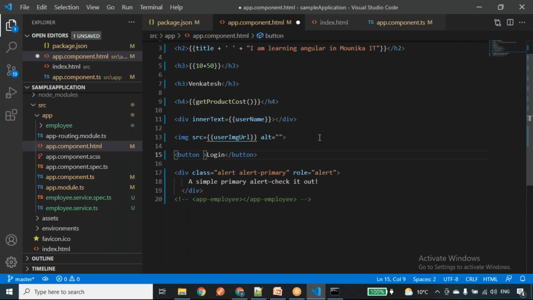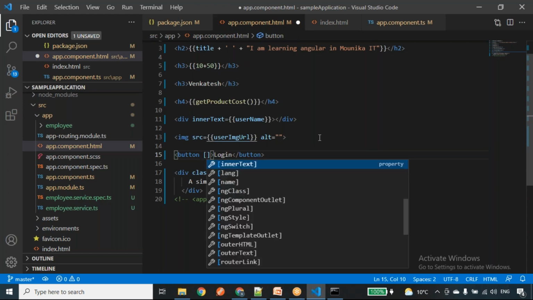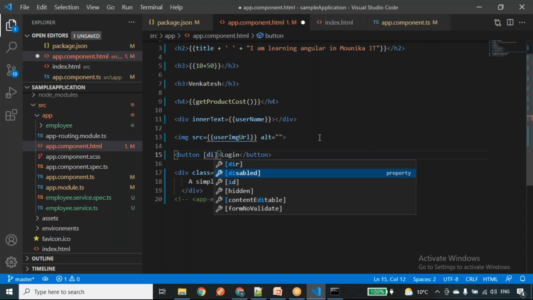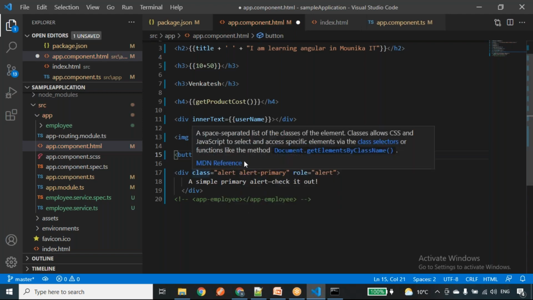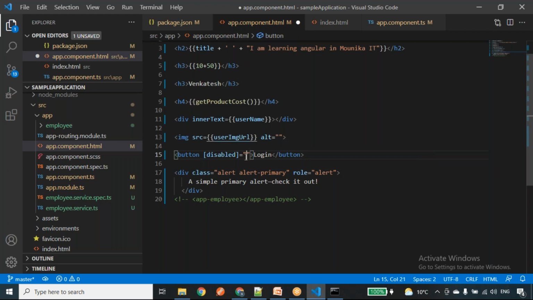To enable and disable, we have one predefined property called disabled. Let me show you. I'll take it as a property binding, and inside this I'll use the disabled property. Here we need to write the condition, whether this login form is valid or not. We need to provide either true or false.